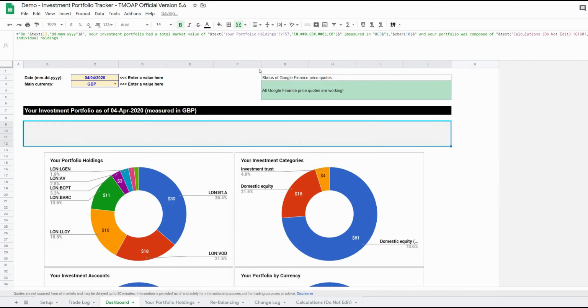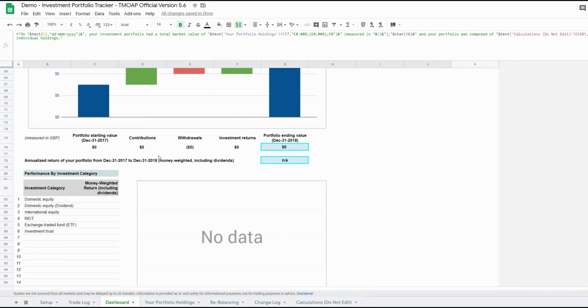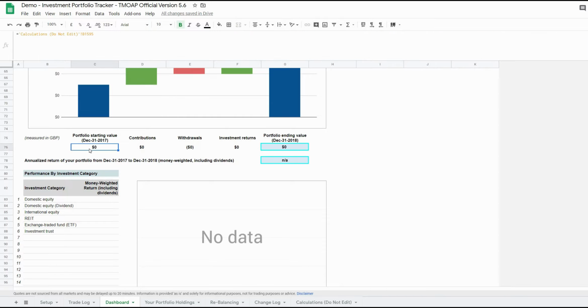And here as well. So we've got that, and there we go. We've got on the 4th of April, your investment portfolio had a total market value of £83 measured in Great British pounds, and your portfolio was composed of 8 individual holdings. So the next step, what we want is to essentially